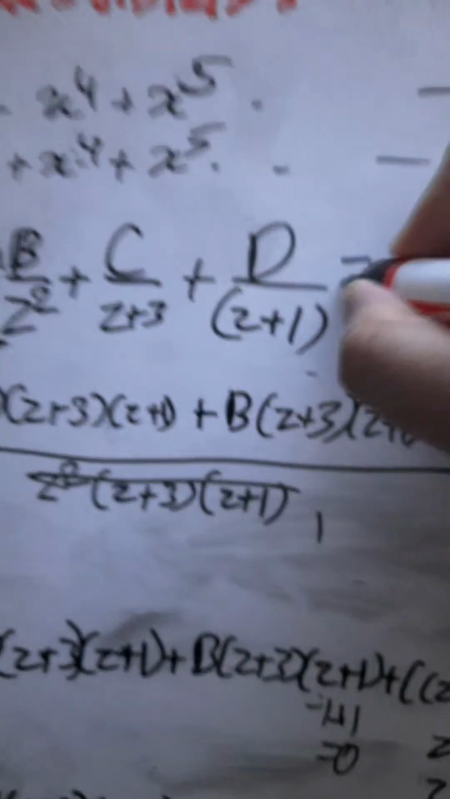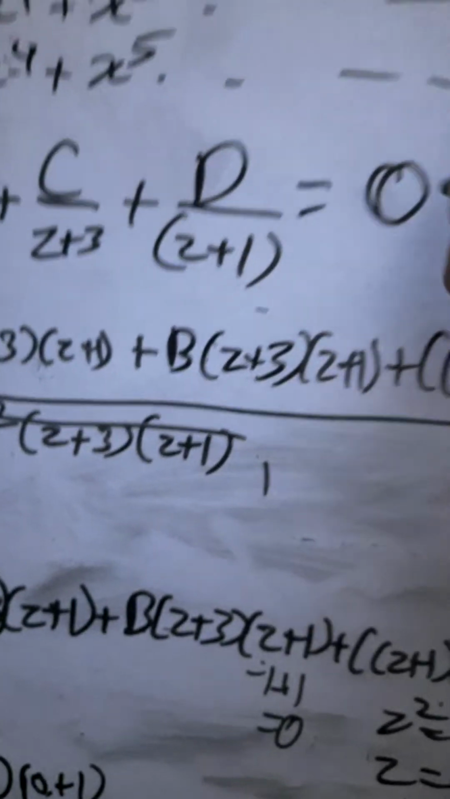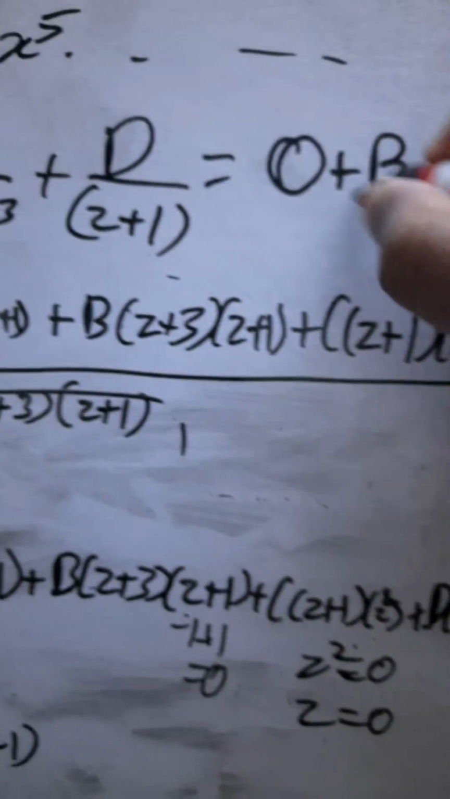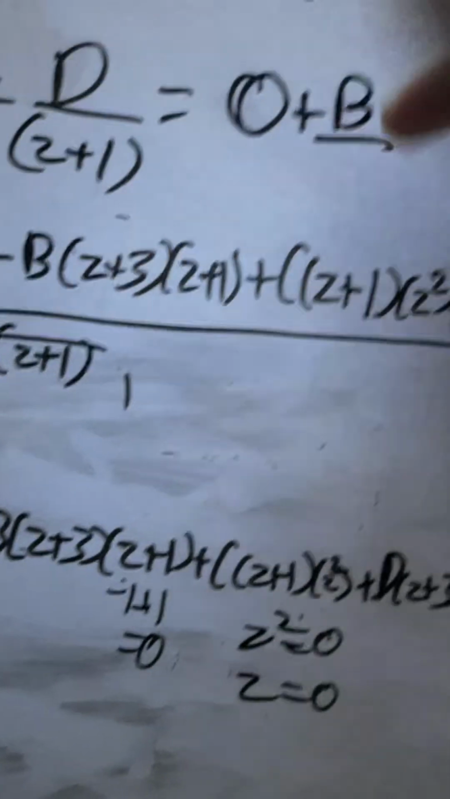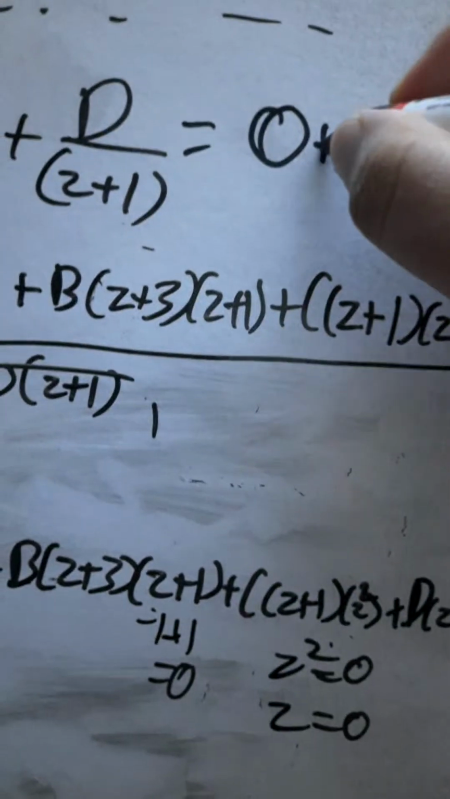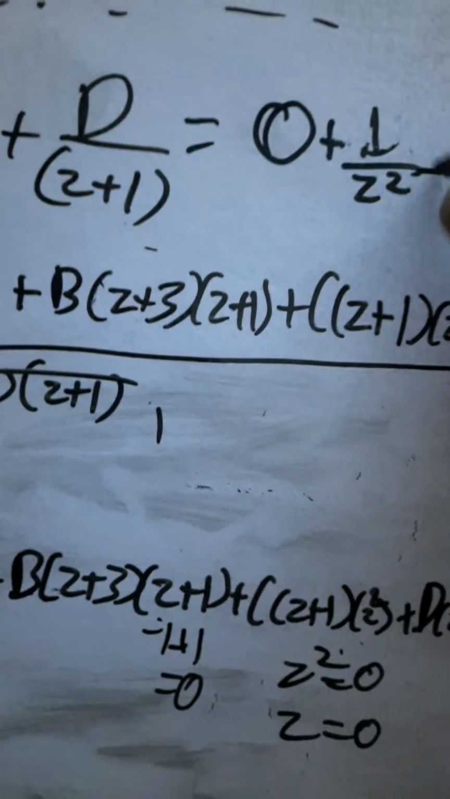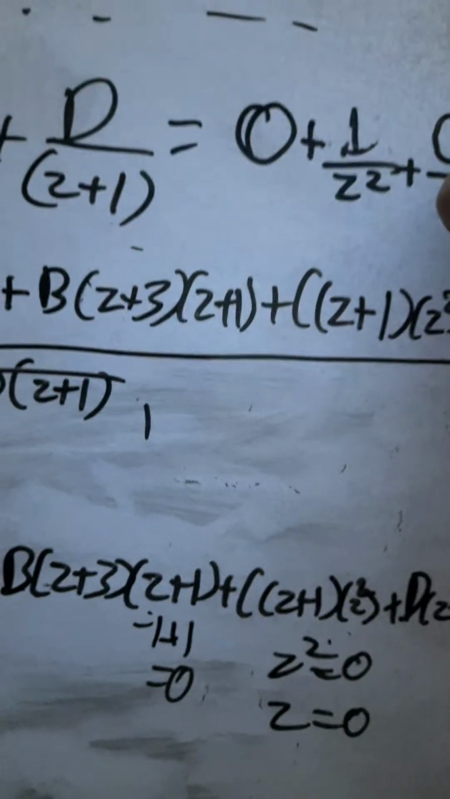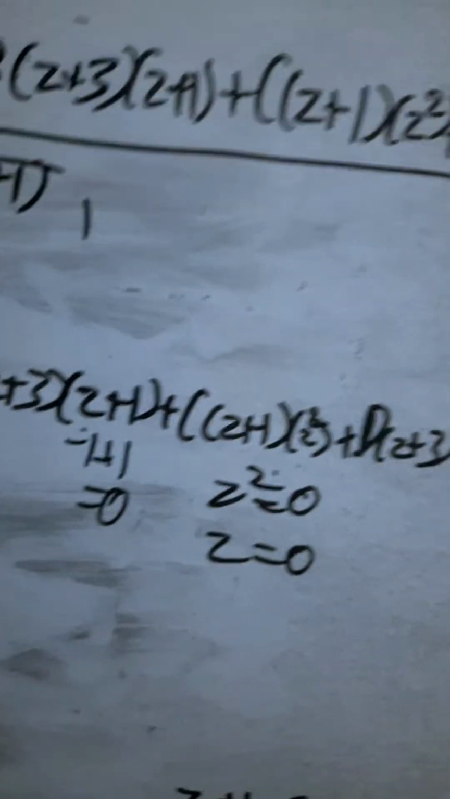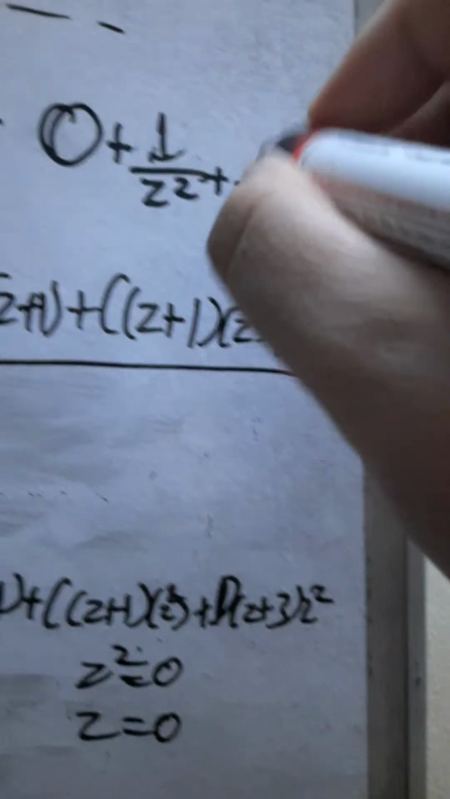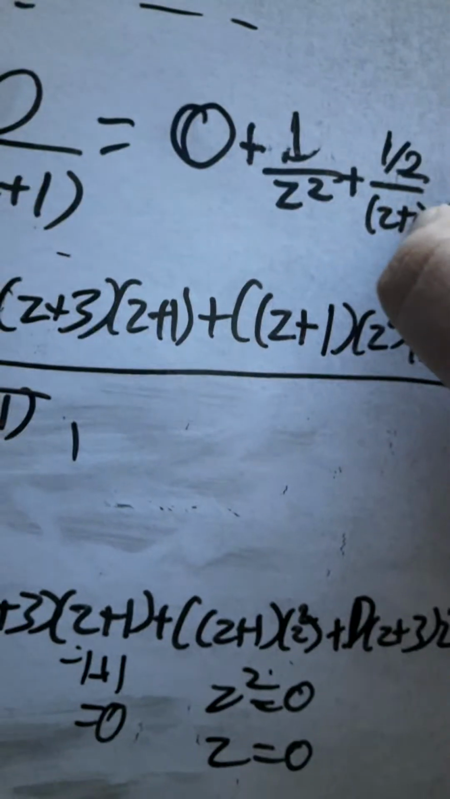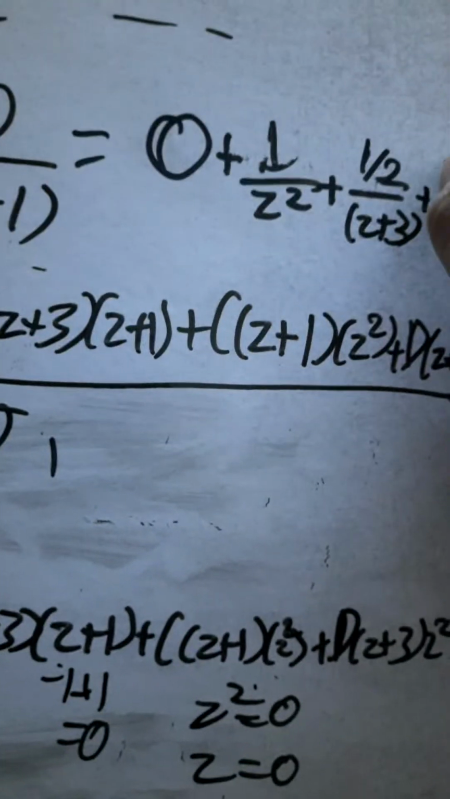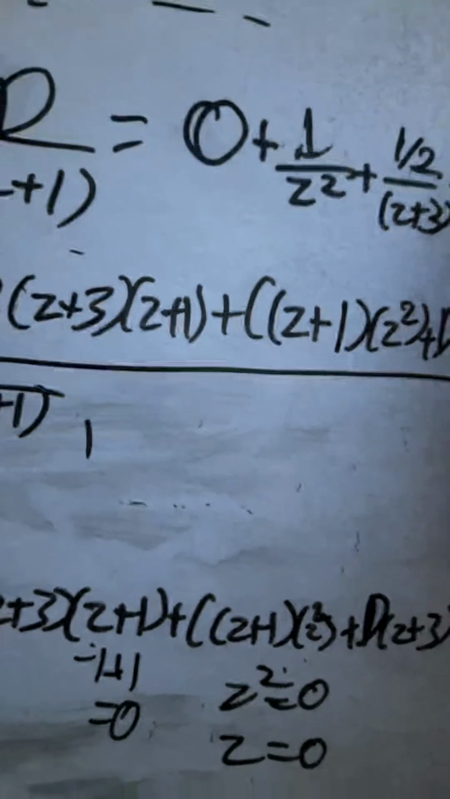Now we found everything. So let's write it in fraction form. So a is 0 plus b by z square. Wait a second. B is equal to 1, right? 1 by z square plus c by, oh sorry, c we knew it is half by z plus 3 plus d is minus half by,